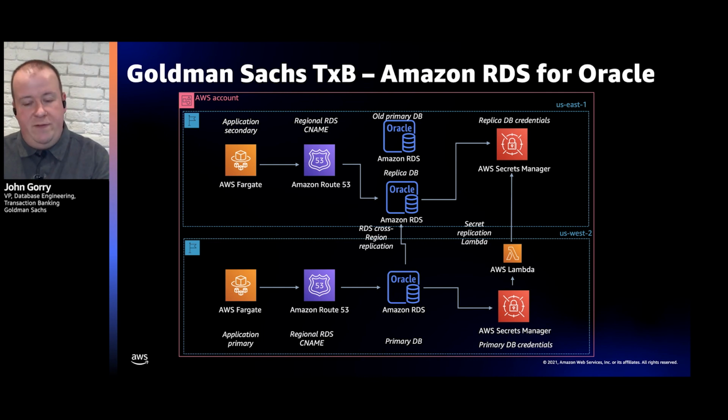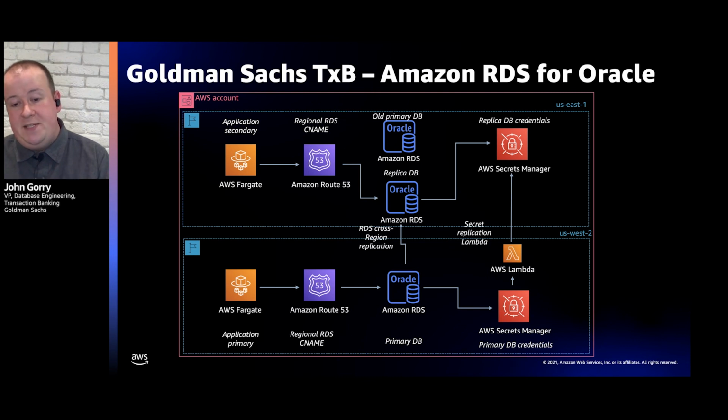You can also see that what we've done here is we've repointed the US East Route 53 entry to point to the new replica. So from an application perspective, even though there's a different physical RDS instance in this region, the Route 53 entry resolves to the correct one and it's seamless from an application point of view. We've also redirected the flow of our Secrets Manager replication so that rotations now in the US West region will be replicated back to US East. And again, that will keep our secrets and credentials synchronized between the two regions. And it has knowledge of which is primary and which is secondary at any one time.